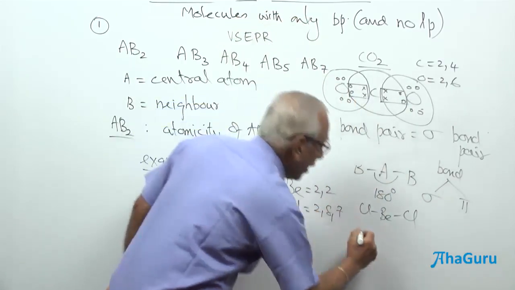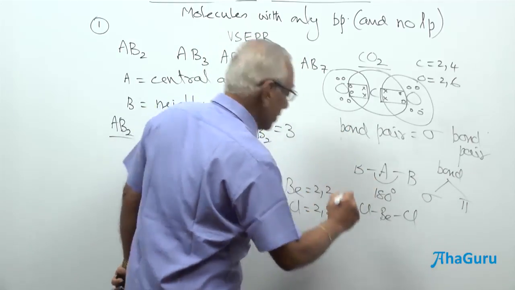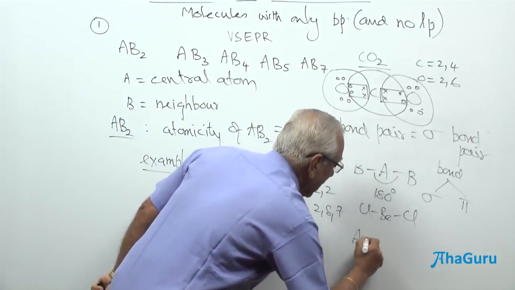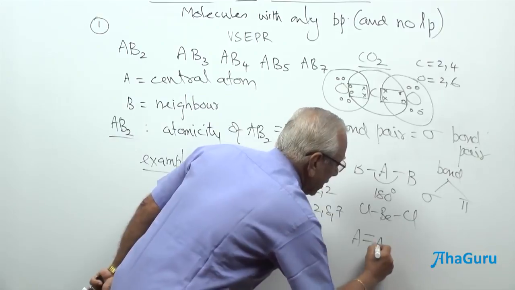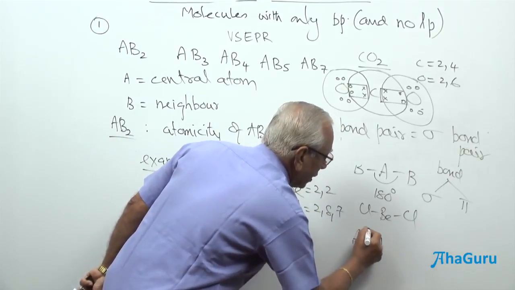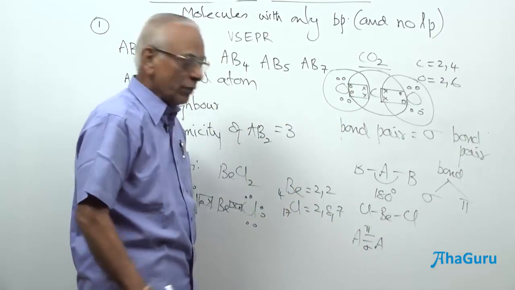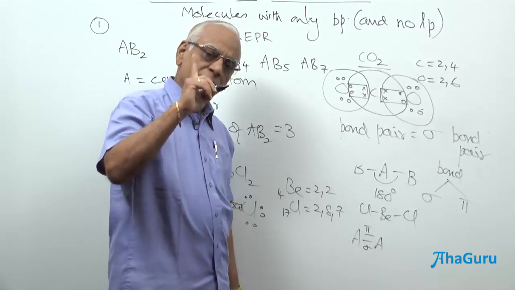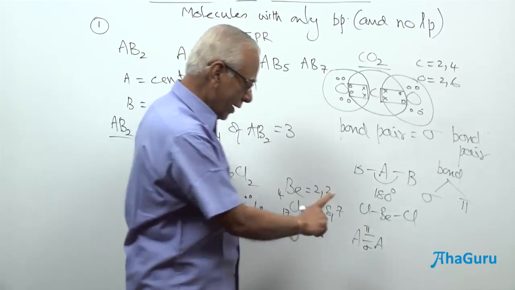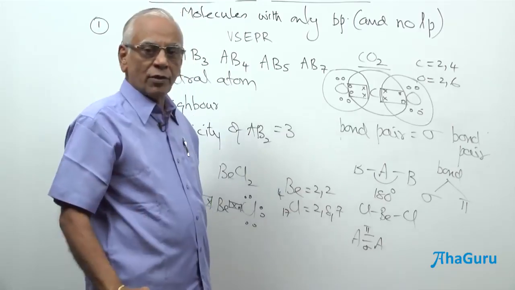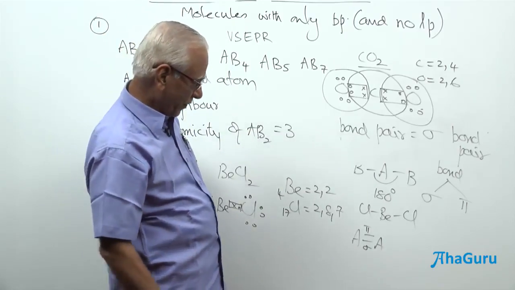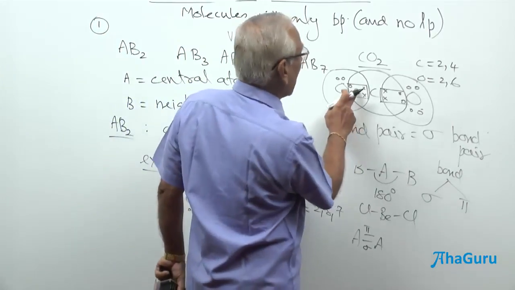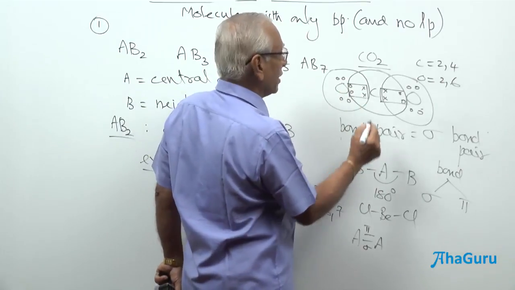Whenever you have a carbon-carbon double bond, let me write A double bond A, one must be a sigma bond, the other one must be a pi bond. Between any two atoms, there can be only one sigma bond. Over and above the sigma bond, the other bond is called a pi bond here. Therefore, in this case, carbon oxygen double bond, one must be a sigma bond.